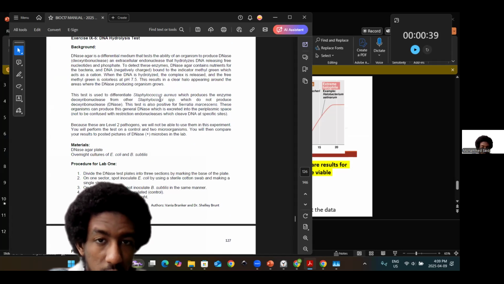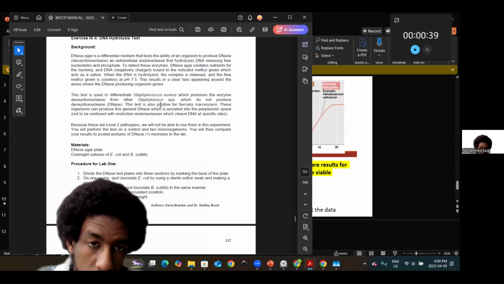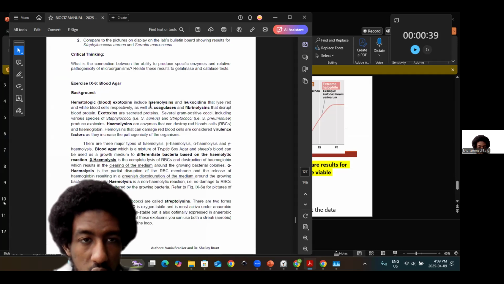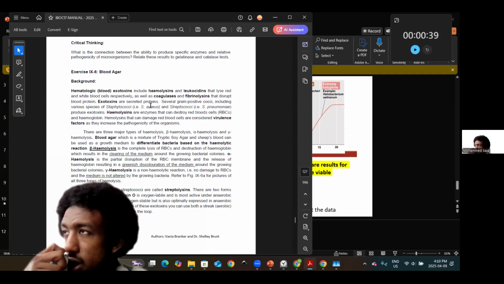But hopefully you can appreciate that some sets of bacteria, even the Staphylococci group, the subgroup, you can appreciate that Staphylococcus aureus can actually break down DNA, as in DNase. And likewise Serratia marcescens, but not other staphylococci. So it's a good way to appreciate different components. And then you have exotoxins. So we have the exoenzyme of gelatinase, or sorry, DNase,